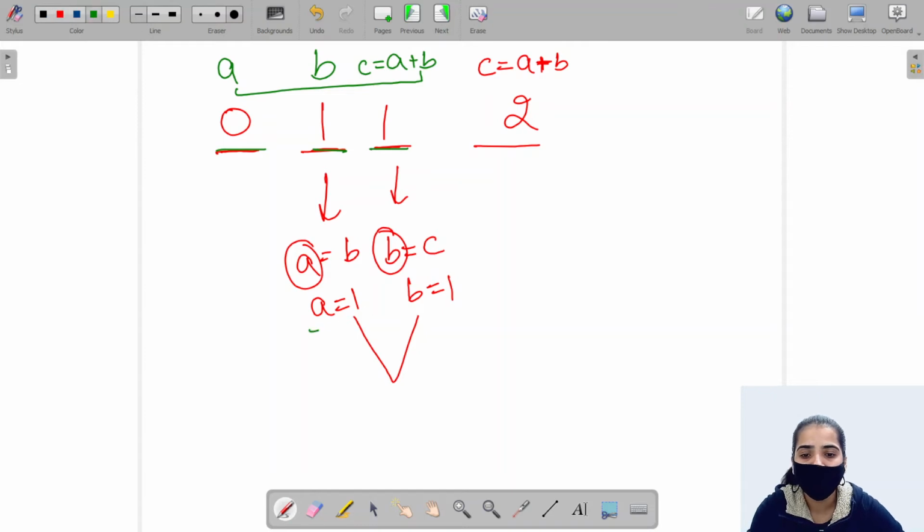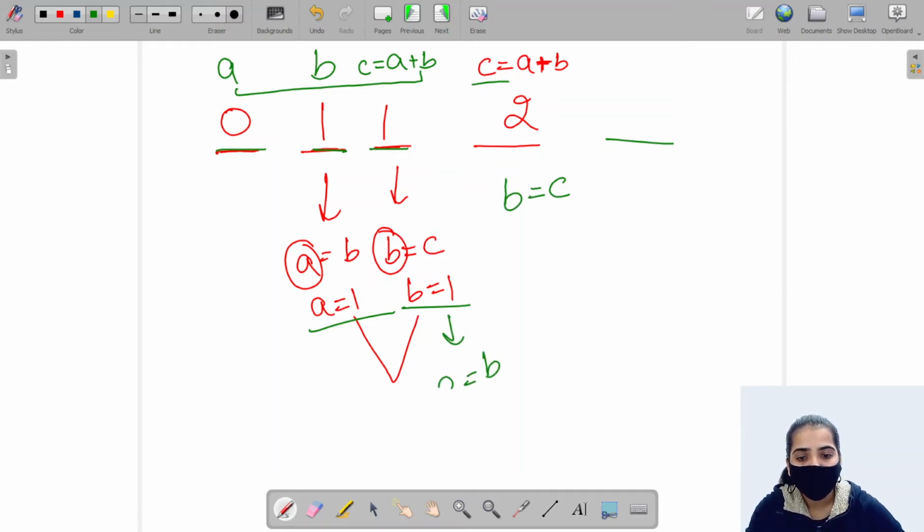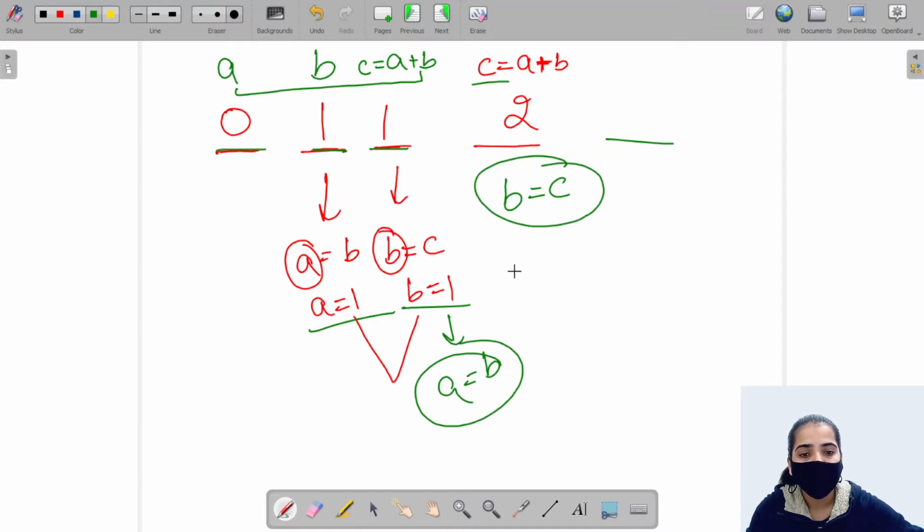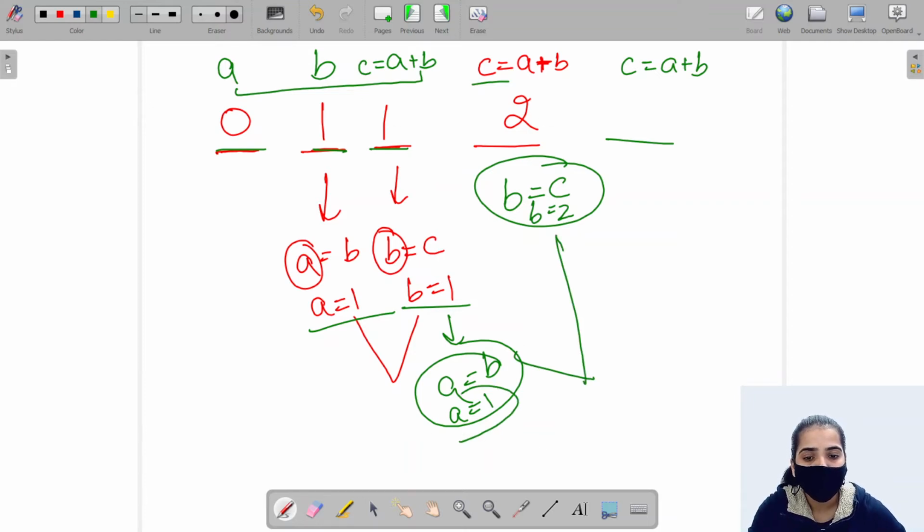So now my A is 1, B is 1 and C is 2. To get the next value, again I'll play with my variables. I'll store my C in variable B and B in variable A. This way I'll get my new A and B. So A will become 1 and B will become 2. Again, to get the new value of C, I have to take the sum of the last two previous values, that is 1 and 2. So 1 is stored in A and 2 is stored in B. So 1 plus 2 will give us 3.